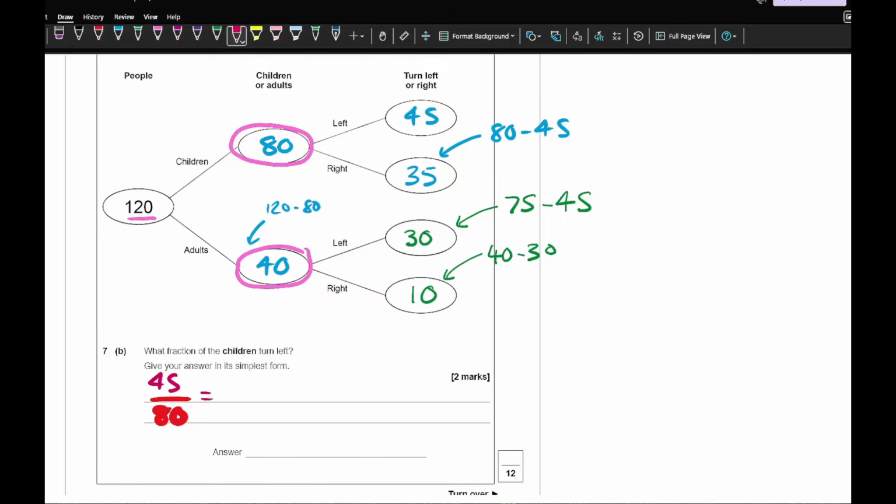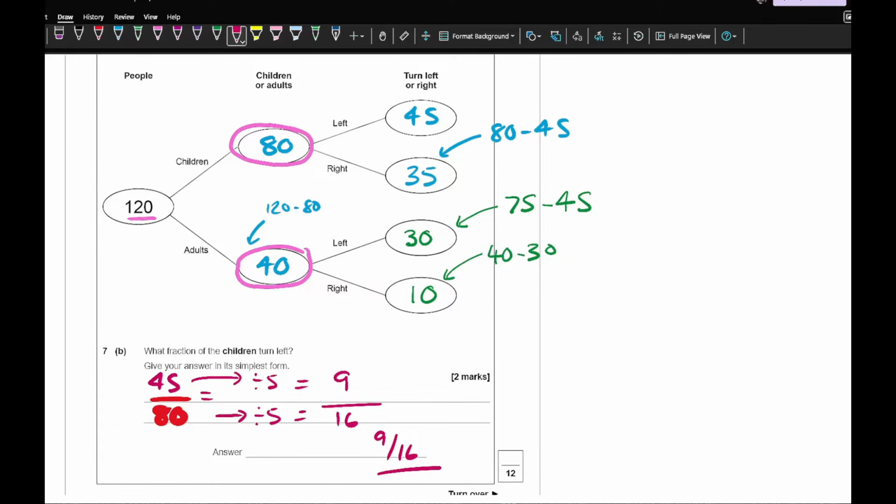So what number goes into 45 and 80? Well, that's going to be 5. So we do 45 divided by 5, which is 9, and 80 divided by 5, which is 16. And then we can check to see if there's any other numbers that go into both 9 and 16, and there isn't. So my final answer